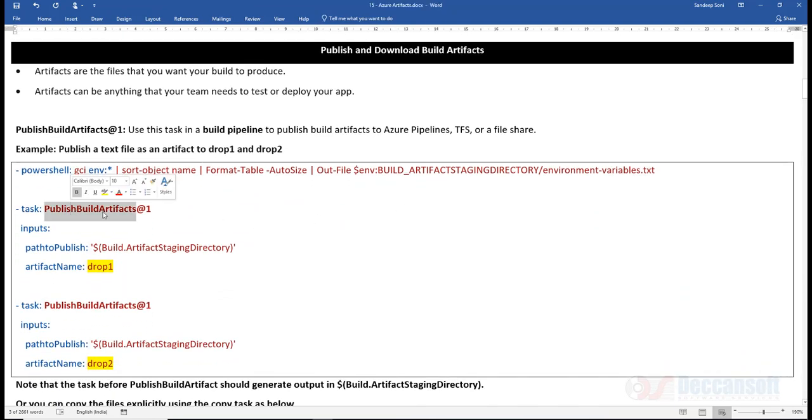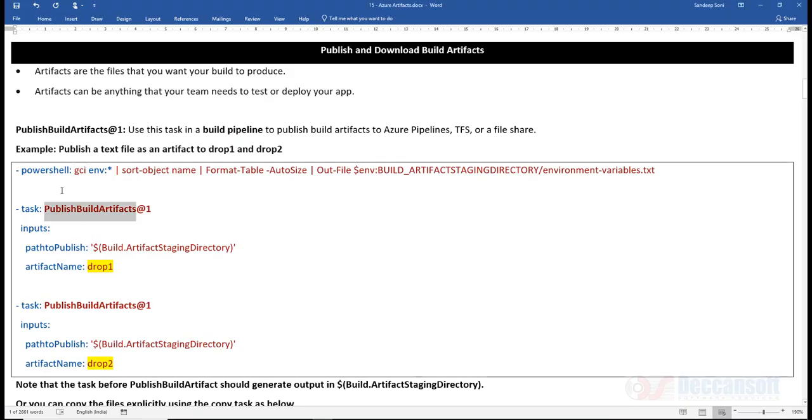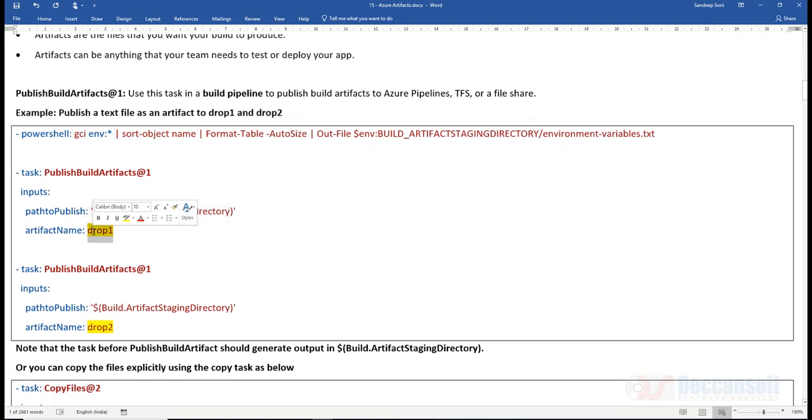We have already seen publish build artifact. This is what I am talking about. Publish build artifact, the same command. What to publish? Whatever is the content in the artifact staging directory that we want to publish. And the artifact name which is created, we are calling it drop1.